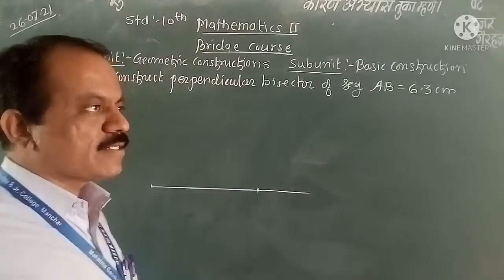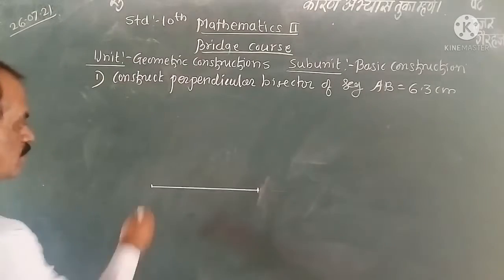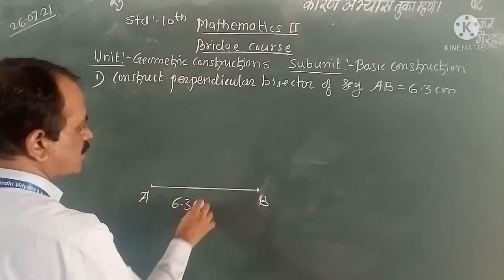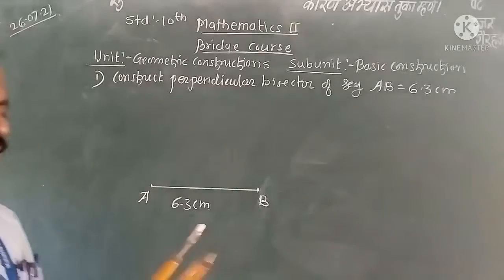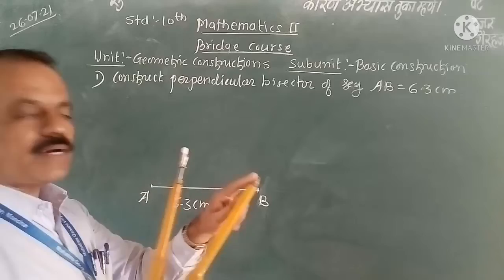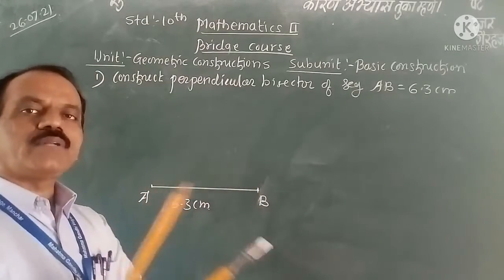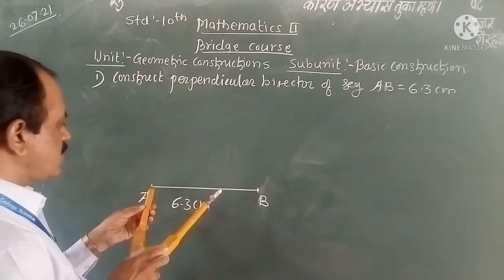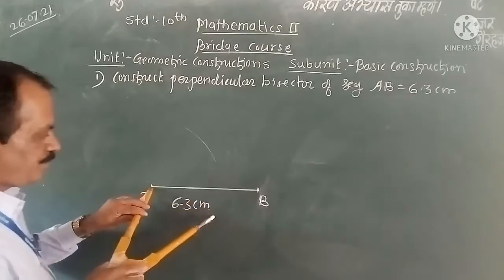This is the distance in your scale we take on this notebook. Give the name as AB, 6.3 centimeter, and now we use the compass. Using the compass, place the pointer of this compass on the two end points of the segment and take a distance in your compass greater than its half and make an arc on both sides of the segment, so that here, look,